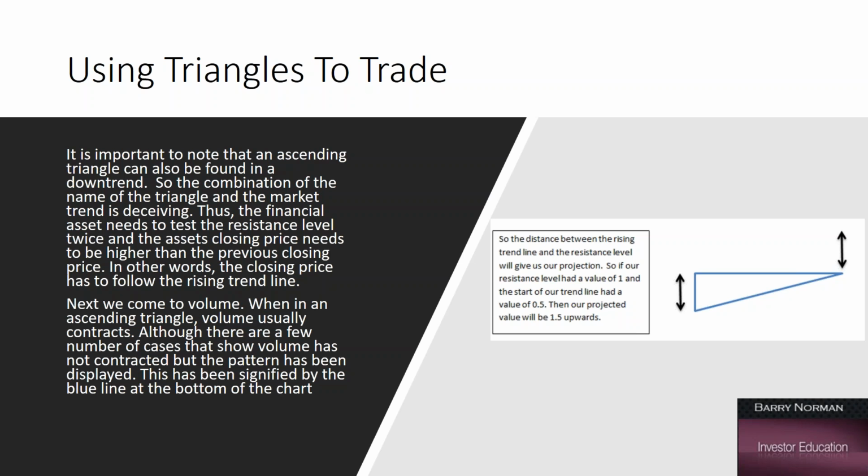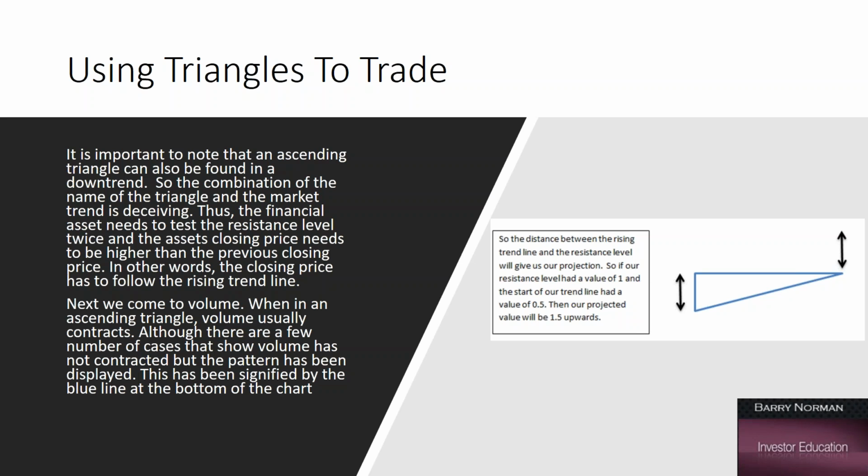Next, we come to volume. When in an ascending triangle, volume usually contracts. So when price is moving up and we see a contraction in volume, now volume should move with the trend. If the trend is steadily moving up and volume is staying steady with it, it's supporting the trend. If we come and we see volume contracts, volume getting less,